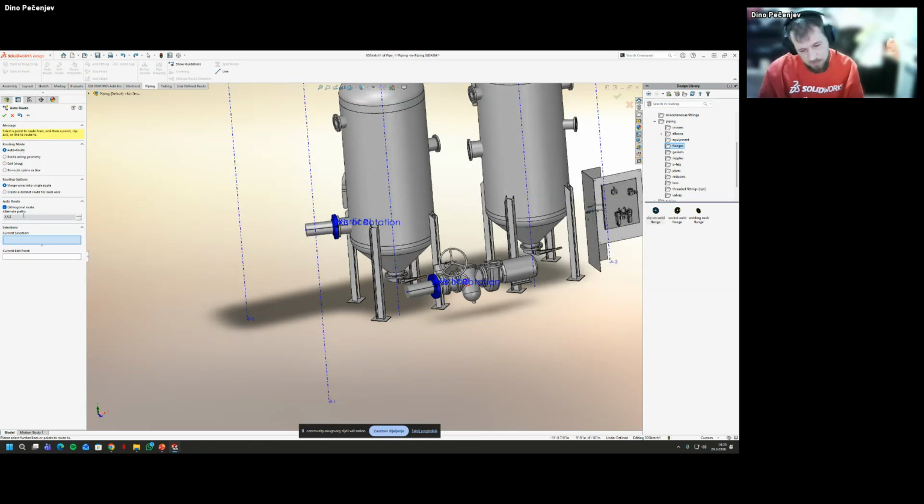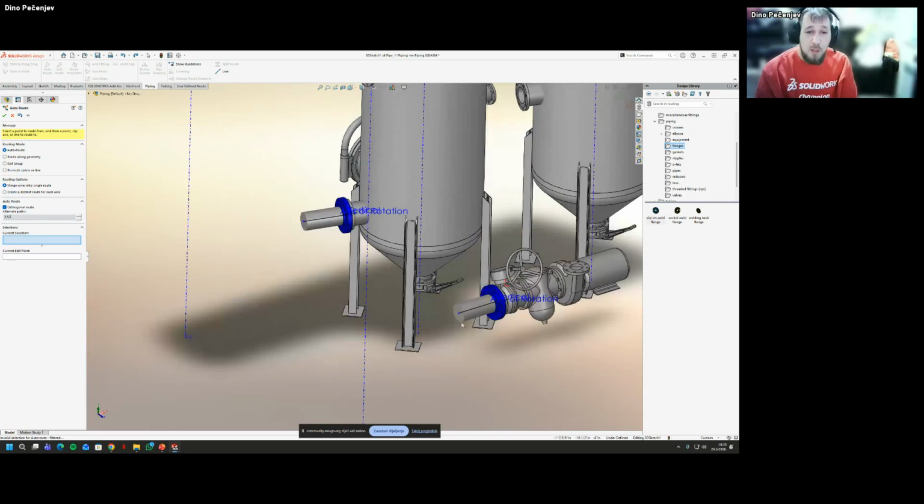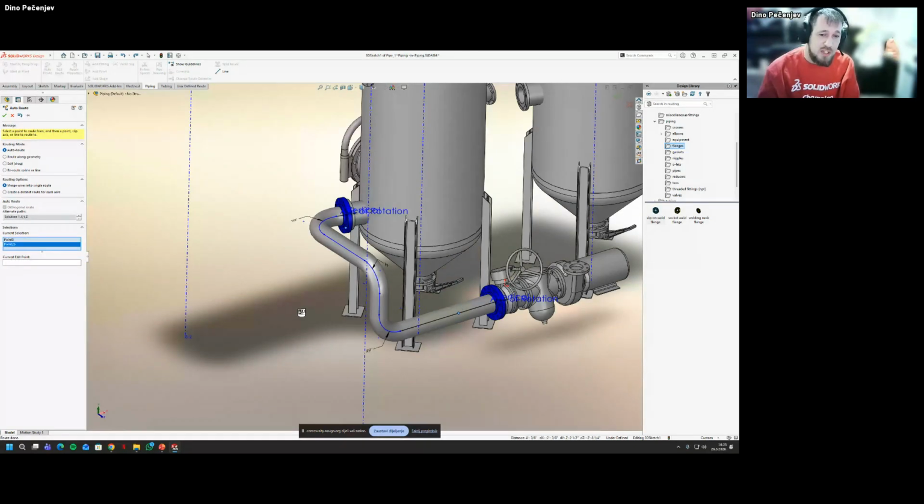For piping, the key thing is that tubing can create flexible tubes. Piping does only orthogonal route, if you're using auto route. So for the start and end location, it's easy. We're just going to click the start point and end point. I could have done it the other way, and please notice that the mouse icon changed.